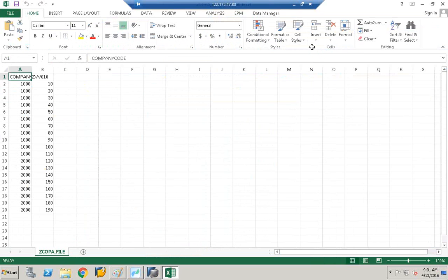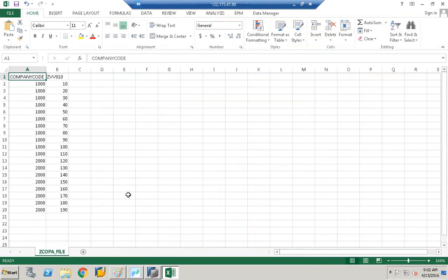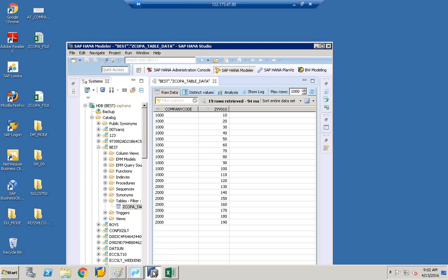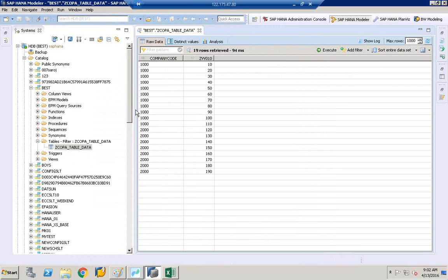So we can execute these files from BODS, and it can create a table in HANA. So let us see the second method. The second method, we'll go to HANA Studio. So directly in HANA Studio,